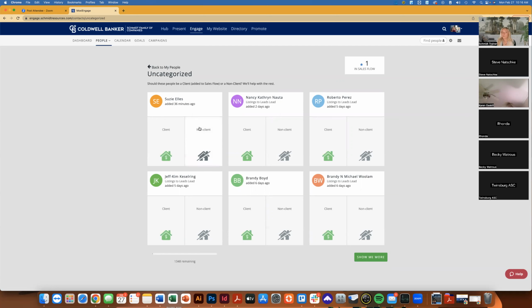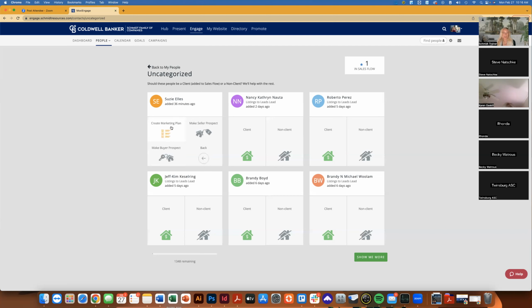So when you pull this up, if I wanted to add myself as a client or non-client, and this basically just means client is anyone who's a past or previous buyer or seller, or someone who's a potential client. Non-client is reserved for any personal contacts or colleagues, anybody who's not potentially going to make a transaction with you. So that being said, we're just going to add me as a potential client here,